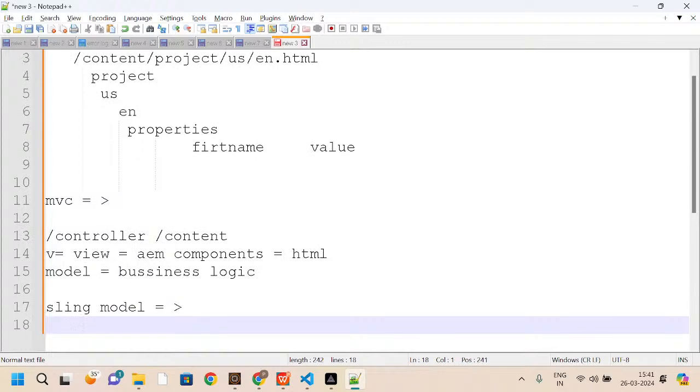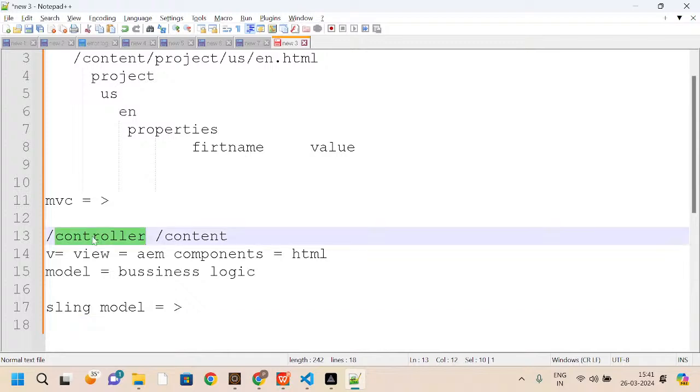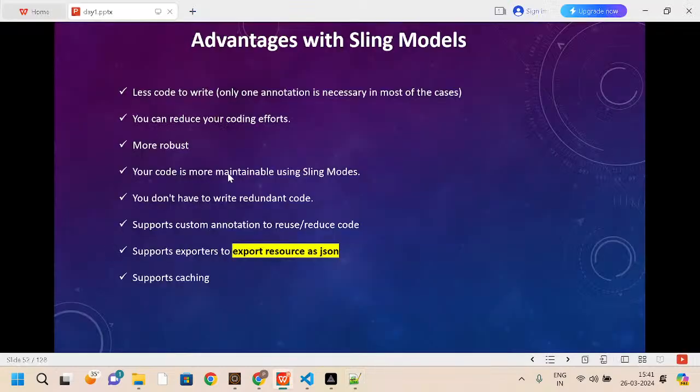So we need to create a Sling model, and you can get the data from this controller folder, from this content folder. Got it? How can we do these things? So first of all, before that,